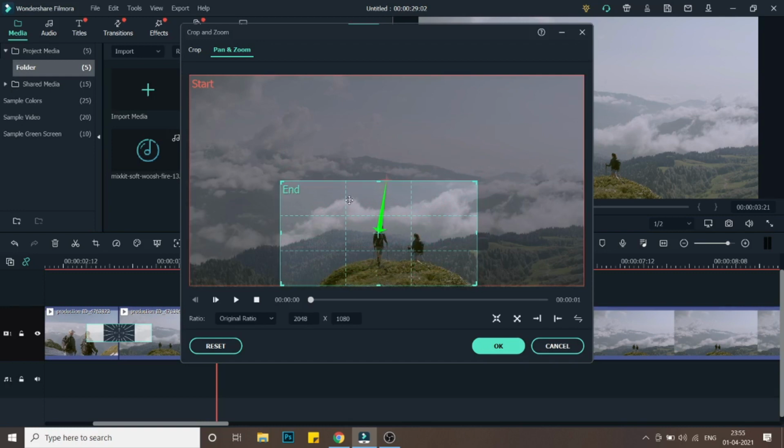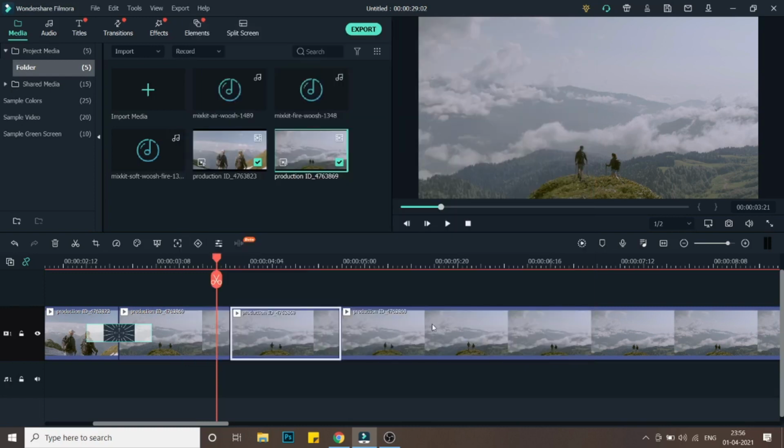So I'm dragging it at the bottom, aligning it with this man over here, so that this is a reference for me to align it in another video. And make sure you note this 2048 into 1080. Okay, so let's just click OK, and let's see how it is.